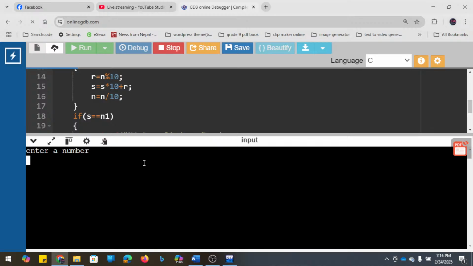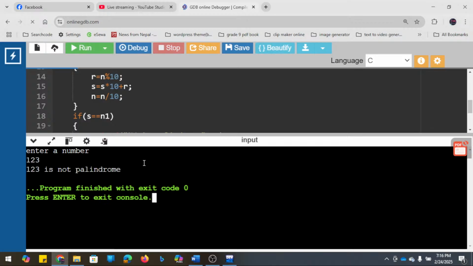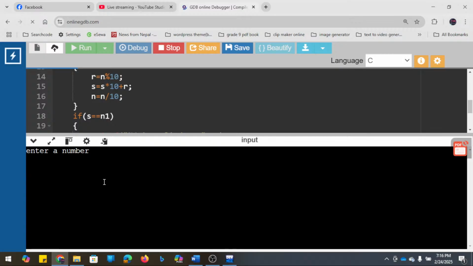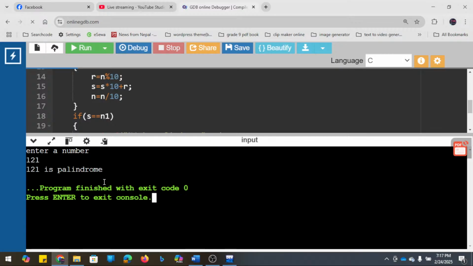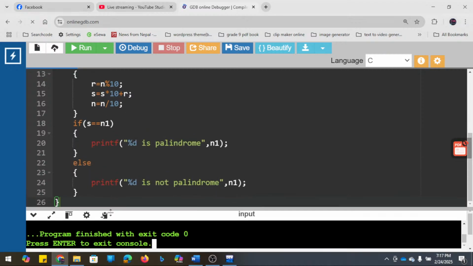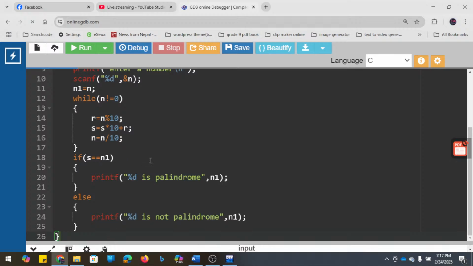Let's give a number, 1 2 3. It's not a palindrome. Yes, let's run it again. Let's give another number, 1 2 1. It is a palindrome. So this is how we can run the program and get the output.